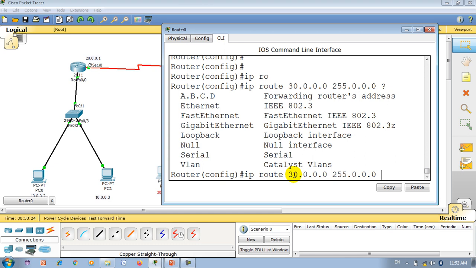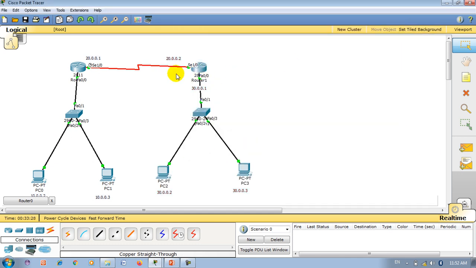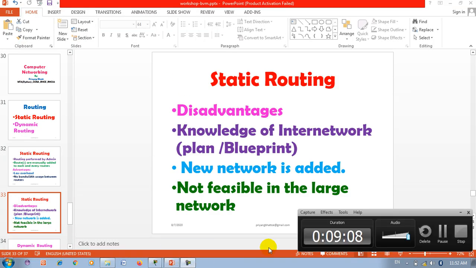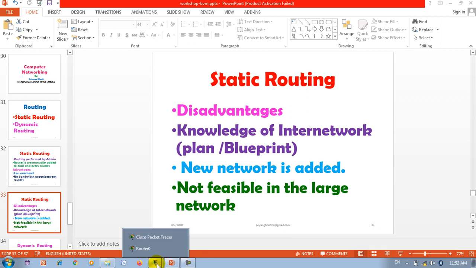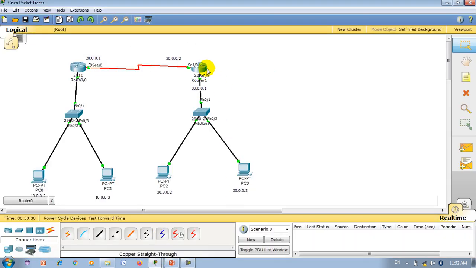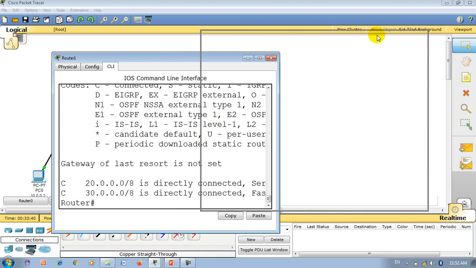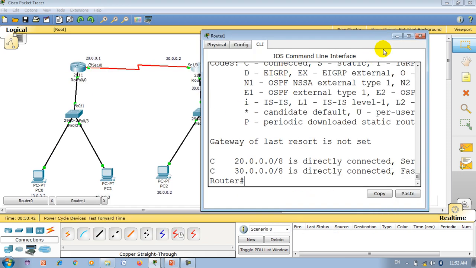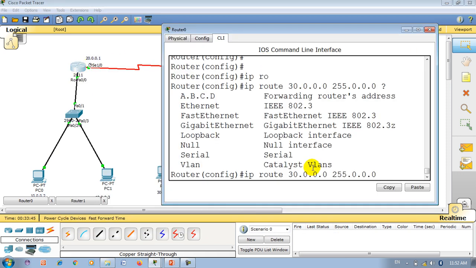And next is the entry point of this network. You can see this is the entry point, right? So this is the entry point address of this network. The entry point of this network is 20.0.0.2.